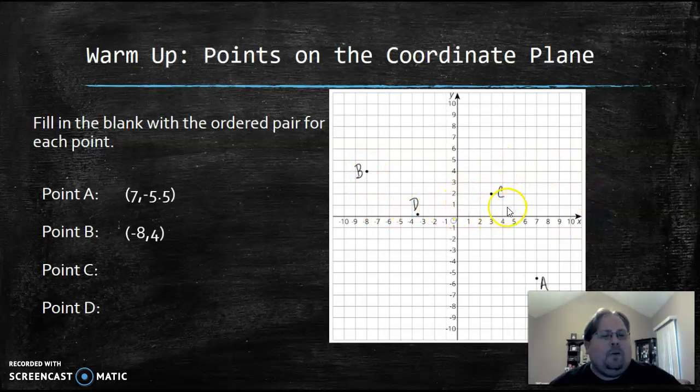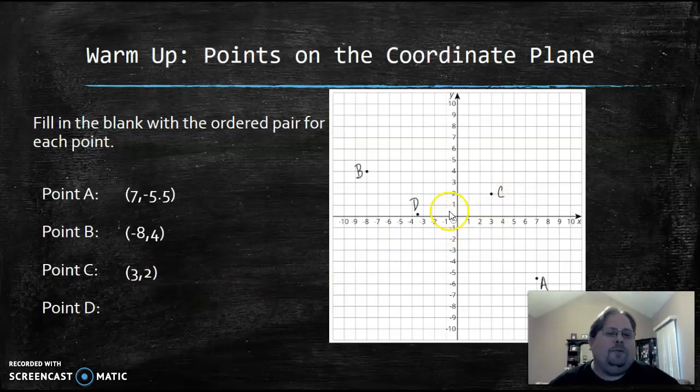Point C is in quadrant 1, which is the one that you use frequently in elementary school. And that is a positive x and a positive y value. So we go over to the right to 3 and then up to positive 2,